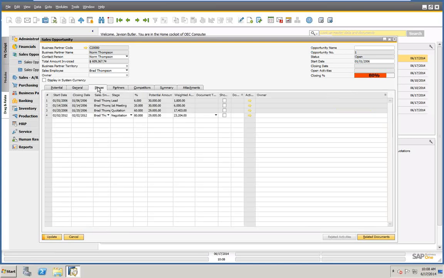Here's my stages. So you can see here that we're in this stage. If I was to go here and right-click and delete this row, you can see now that I went to 60%, again, because of my stages. So we're at 60% of the deal because we got past the first stage, got past the second stage, and right now we're in that third stage. Remember, that's 60%. So if I go here,